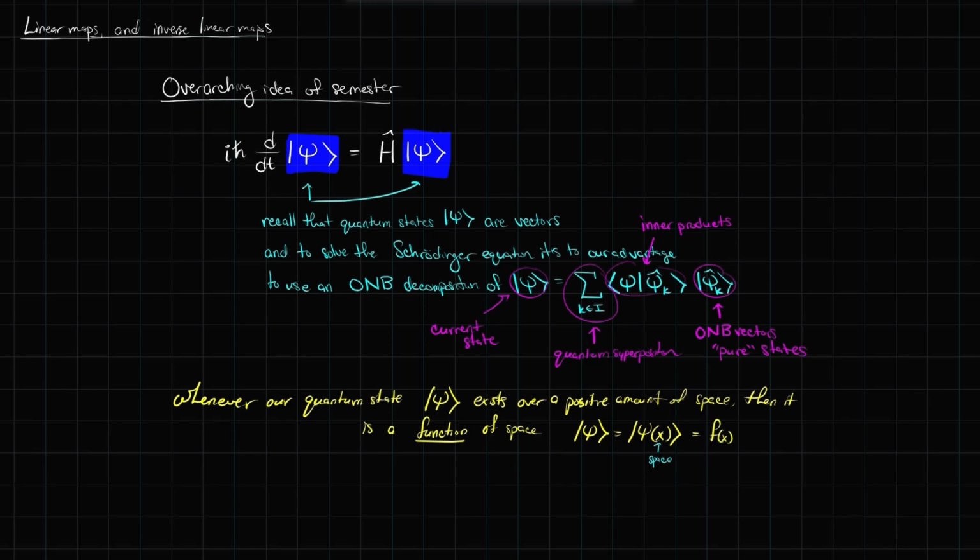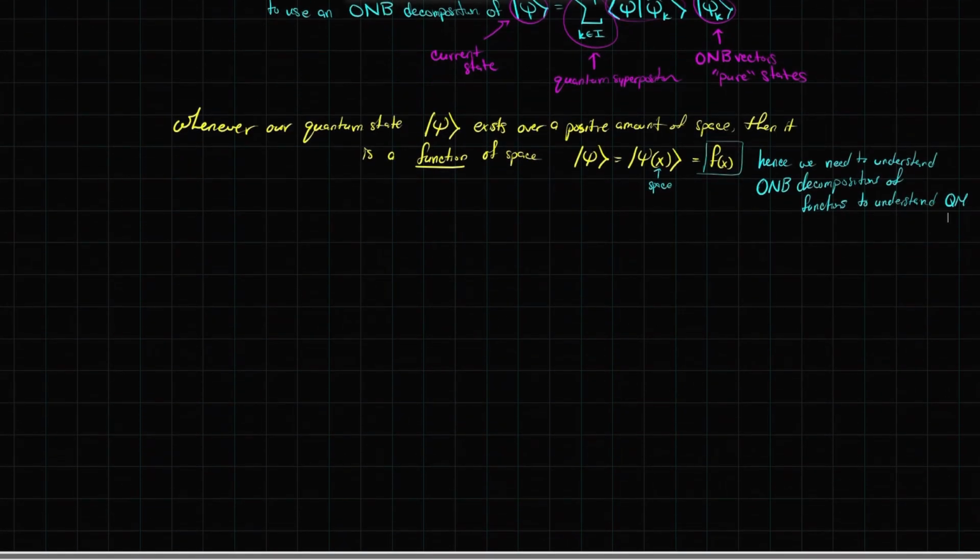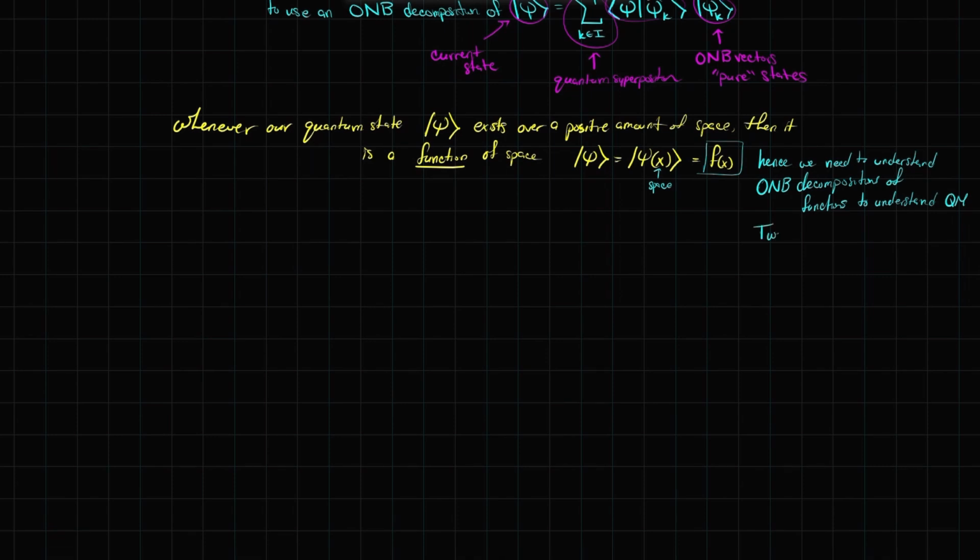But if psi is a function of x, and maybe I'll just write this as f of x, then we need to understand orthonormal basis decompositions of functions themselves to understand quantum mechanics. And what are the two most common orthonormal basis decompositions of functions? The two most common are the Taylor series, where we can decompose. I'll write the function like this now and make it look like a quantum superposition for you. The Taylor series,